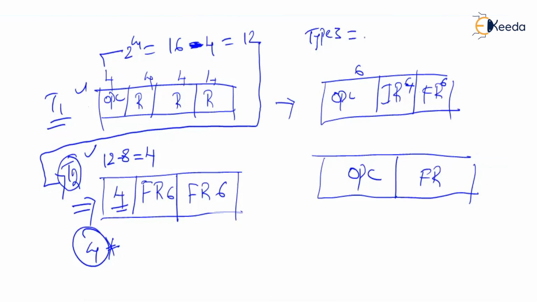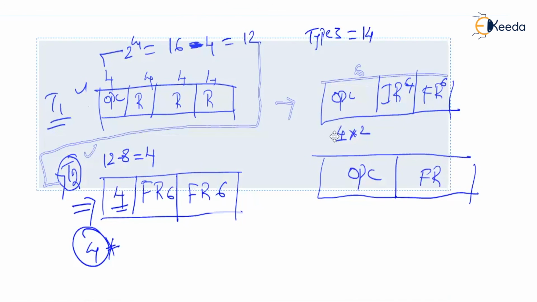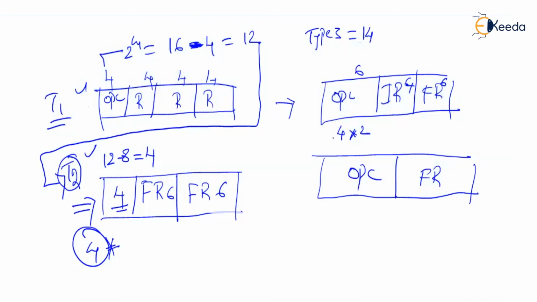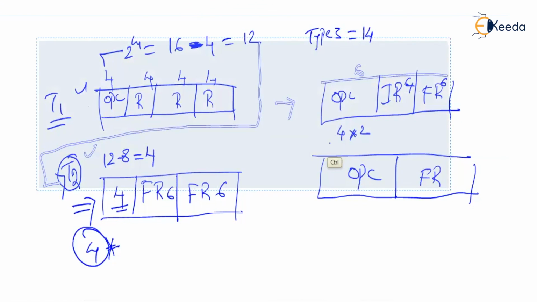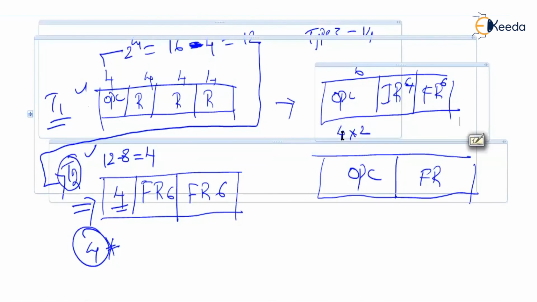Type 3 is equal to a total of 14 instructions. So these 6 digits must be divided into 4 plus 2. In the first 4 digits, I'm left with 4 combinations. In the next 2 digits, I'm left with a total of 2 power 2 combinations. That is, 4 into 2 power 2 is equal to